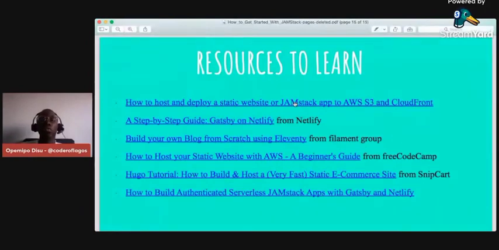We also have this very popular Google tutorial on how to build and host a very fast static e-commerce website. I think this helps, and you can also check out the last one right here.